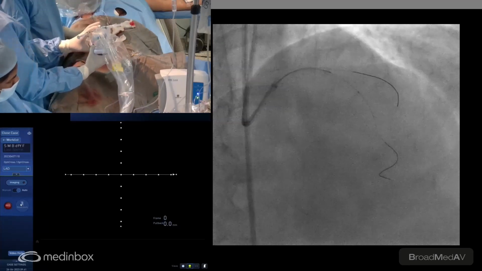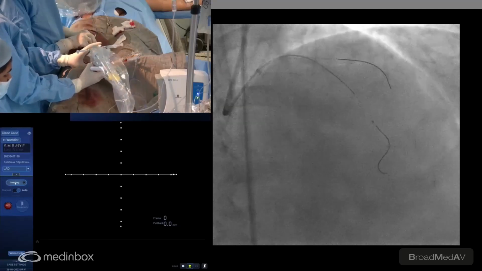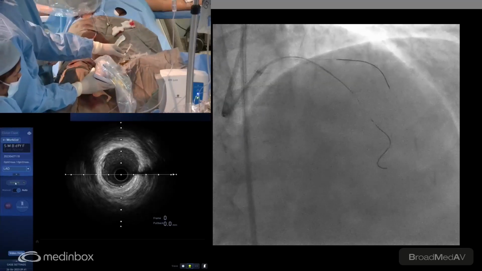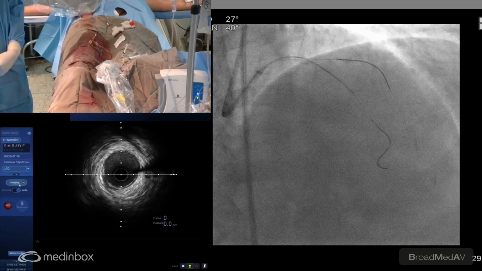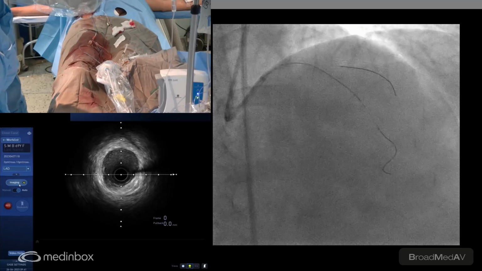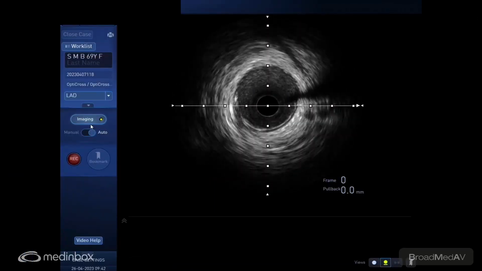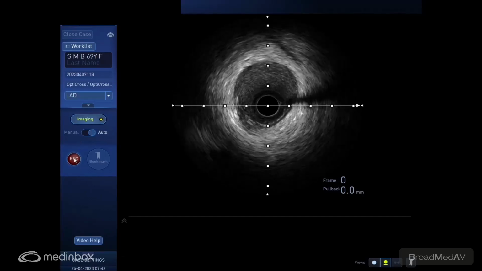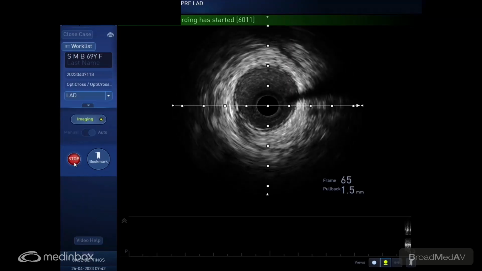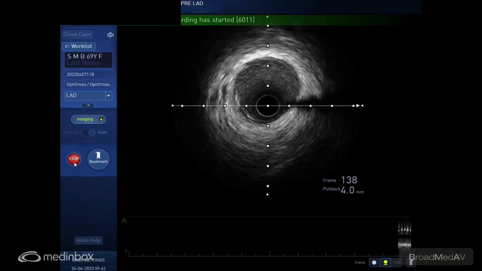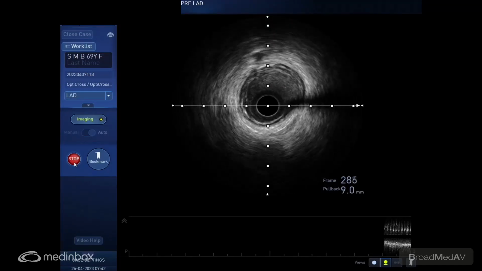So that's the high definition IVUS of Boston coming through. Can we now show the IVUS pictures, please? So the IVUS has crossed into the LAD beyond the mid LAD, and this is the live demonstration of the imaging where you can see the distal vessel. So shall we record? I've started recording. The pullback has started as we were able to cross the lesion, and we are coming up